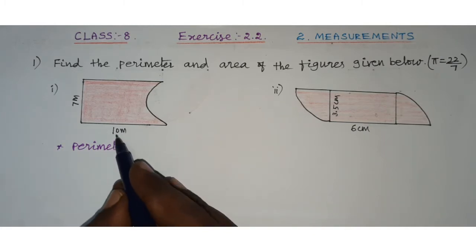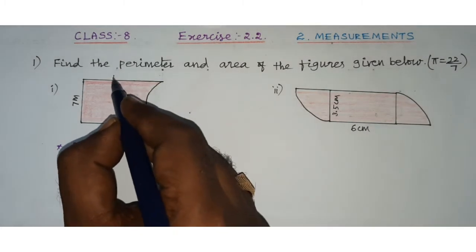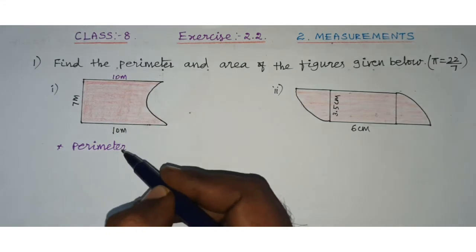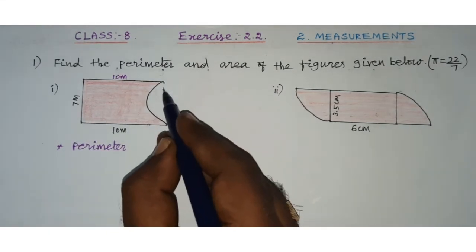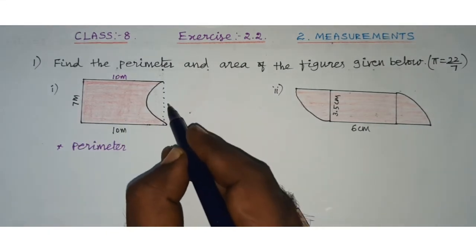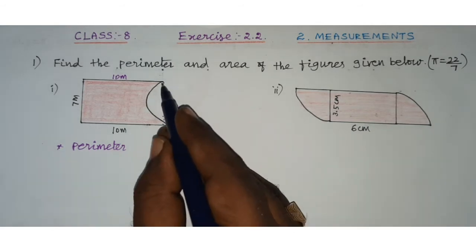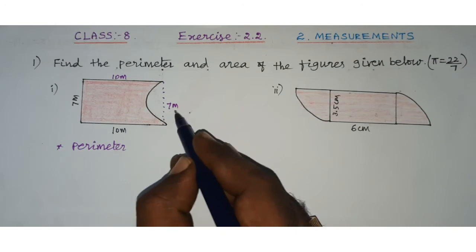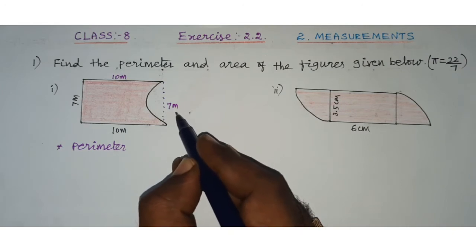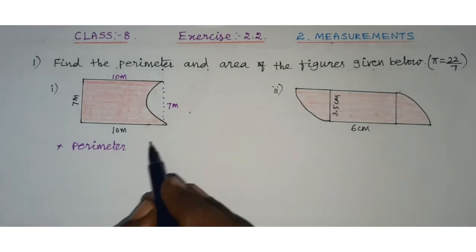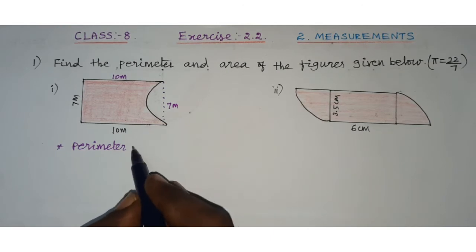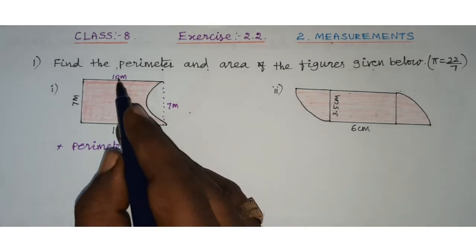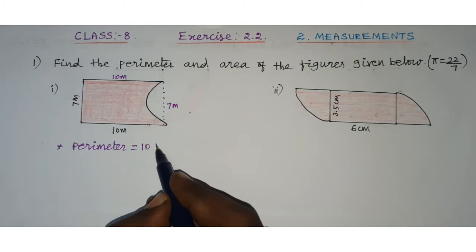In the diagram, here 10 meter, here also 10 meter on the opposite side. And here 7 meter, here also 7 meter. So here it looks like a semicircle, and in that semicircle the diameter is 7 meter. So perimeter equals, what are the sides now? First we will start here with 10 plus